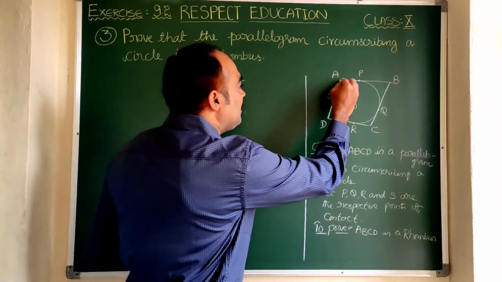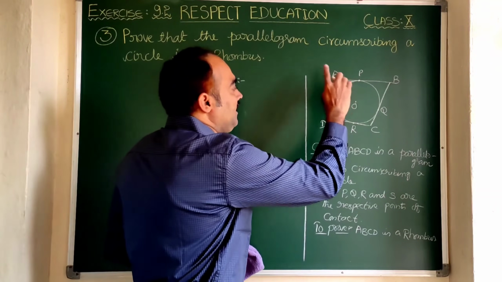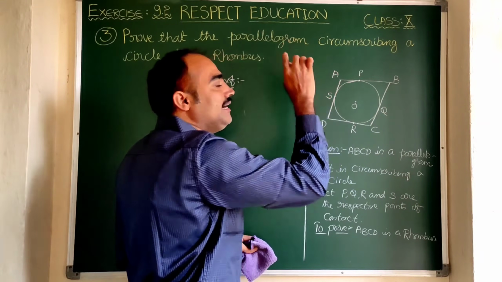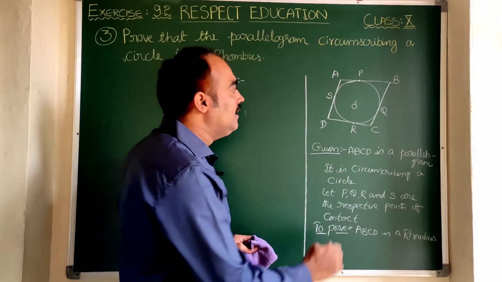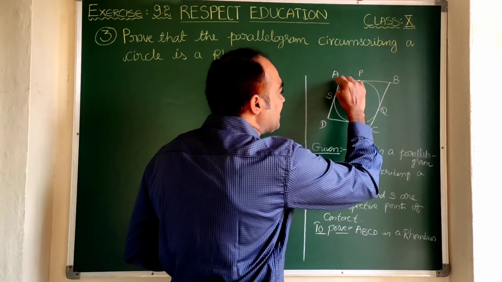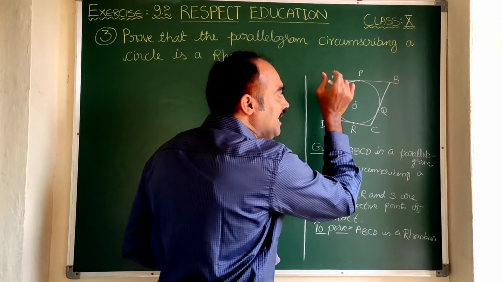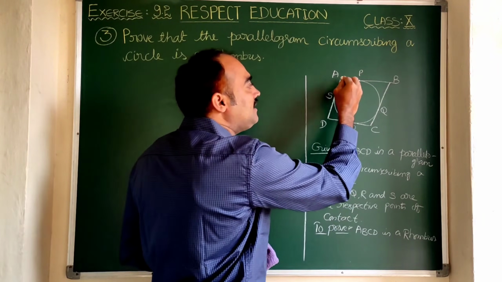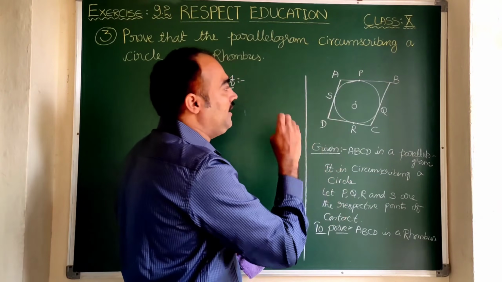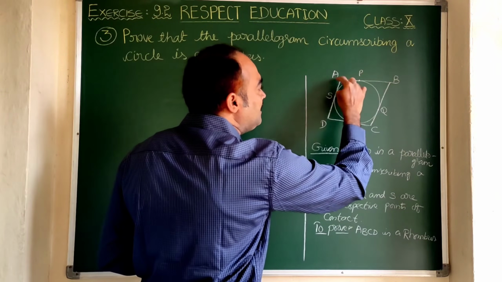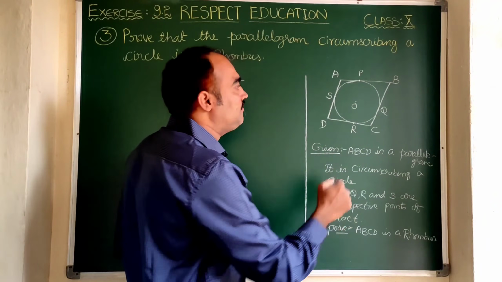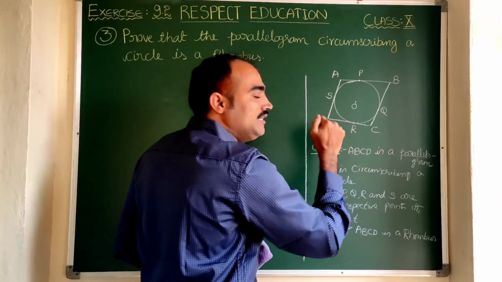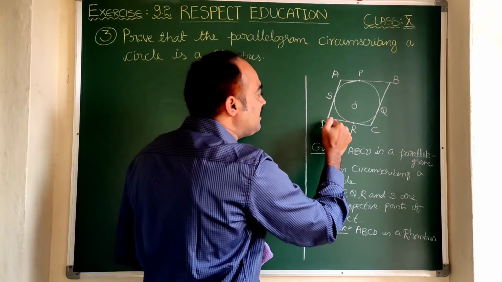Here you come back to the given diagram. Here you understand what is A with respect to the circle. A is an external point. Moreover, from the external point, two tangents are drawn. One tangent has length AP. Here the length of the other tangent is AS. We know that the lengths of the tangents drawn from an external point are equal. Based on that we can say AP is equal to AS. Not only that, BP is equal to BQ. Along with that, CQ is equal to CR, and also DS is equal to DR.